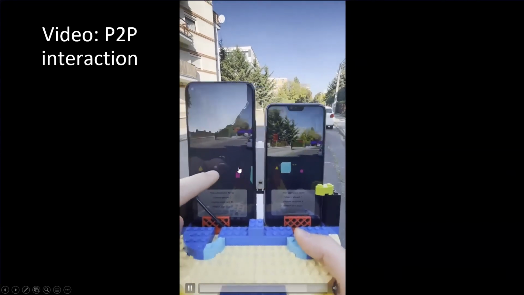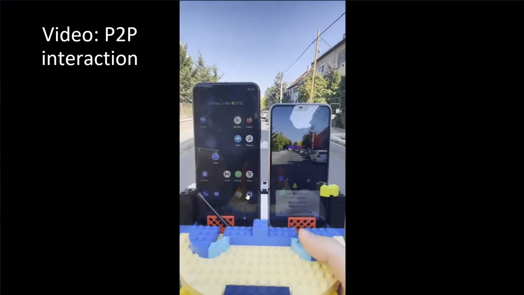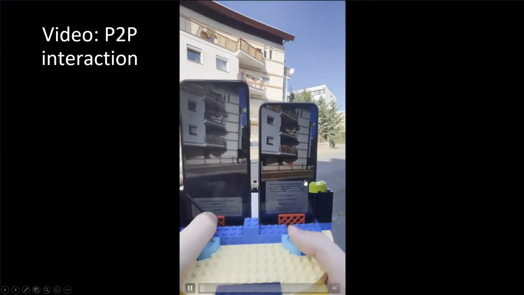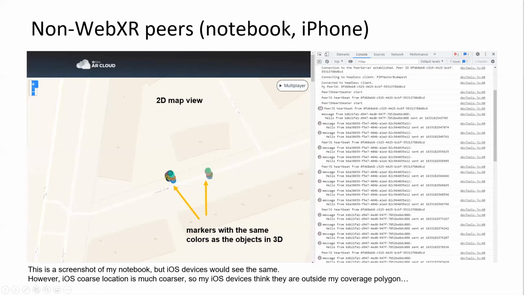There is a little bit of offset, which stems from either incorrectly determining the touch point on the ground, or slight misalignment in the localization. They are independent. And the same markers, I captured this afterwards. There was a third client running on my laptop in my backpack, and the same objects appeared here with these colorful markers.